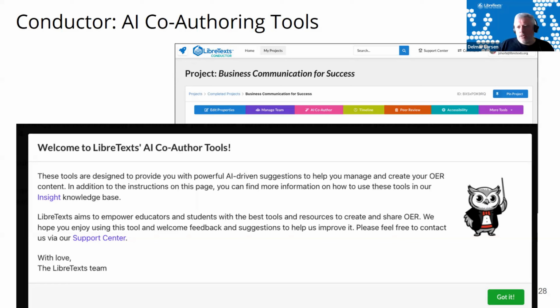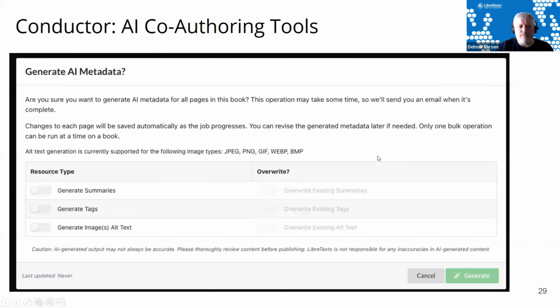And we've implemented what we call the co-authoring tools, or just the co-author, which is available on the Conductor page, in this pink co-authoring tool. If you click on it, we'll introduce Benny. Benny is our mascot. That will start to introduce this AI wand that you use in order to help facilitate the construction of page summaries, meta tags, or alt text on the images.